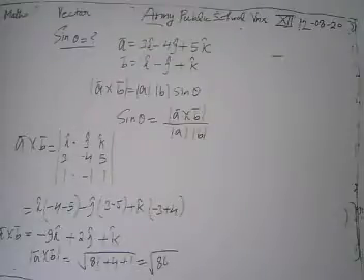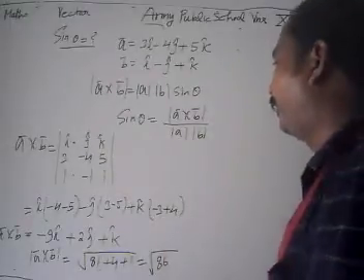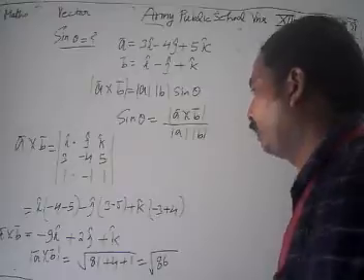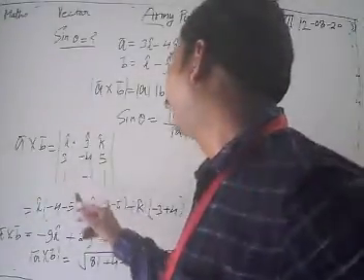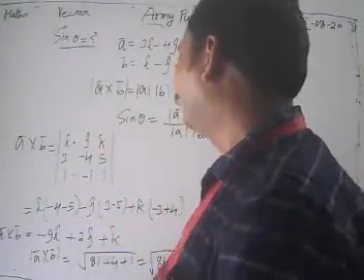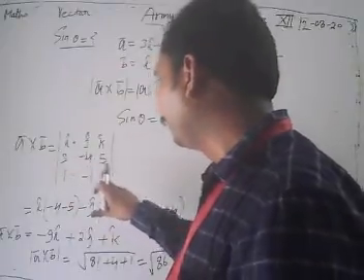Because our vector A is given by 3 I cap minus 4 j cap plus 5 k cap, and B is what? I cap minus j cap plus k cap. We get 3, minus 4, 5. Again I cap is what? We get minus 4. Look, one of the errors that we have done, an error here.